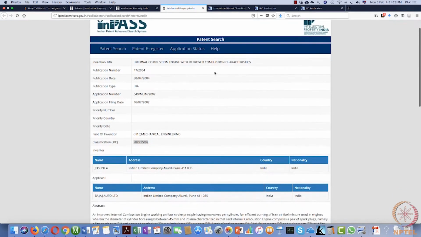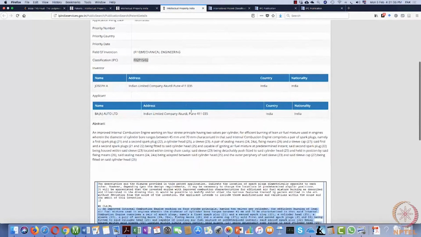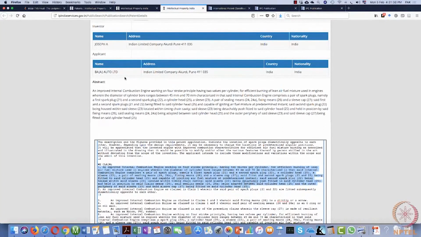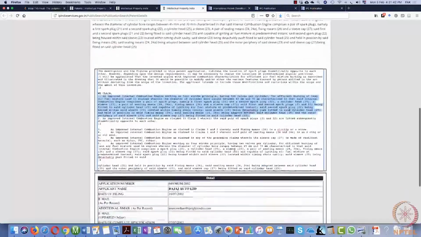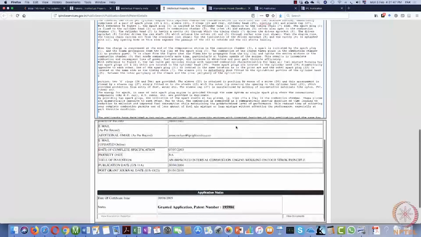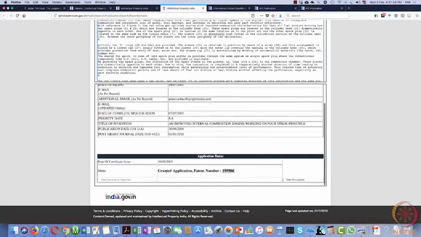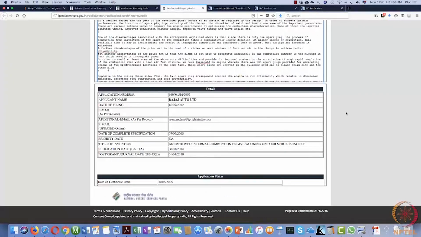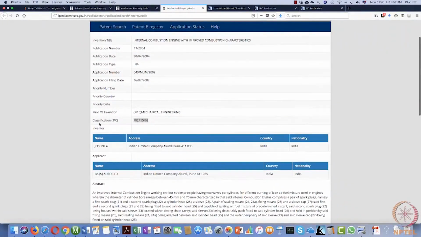Now, this is for an internal combustion engine: the filing details, the application number, which later on became a grant, the name of the inventor, the name of the owner, the patentee, and here you have the complete specification, with the claims. It also gives the status that it has been granted with this number. One of the things you will find interesting is that there is an IPC classification for this, and this is the